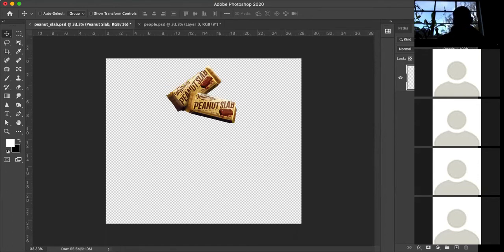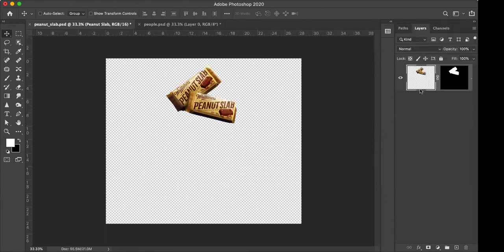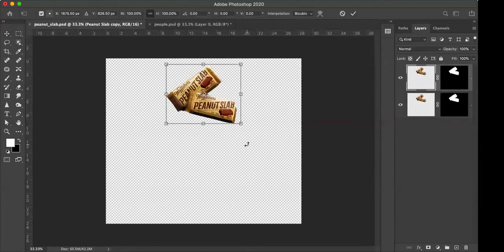Really, all that has to happen, I'll just move this so I can see my layers. I just grab one of my layers, duplicate it, and when I go Command T, so I bring up the transform tool, what I'm going to see right in the center is this center mark. And whether you rotate, scale, whatever you do, it always happens around this point. That's the axis that everything comes off. So if I pop it down here somewhere,